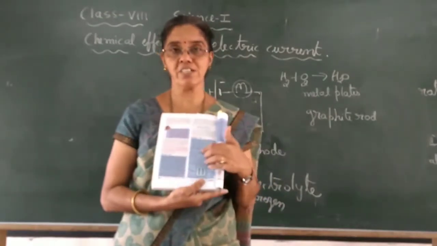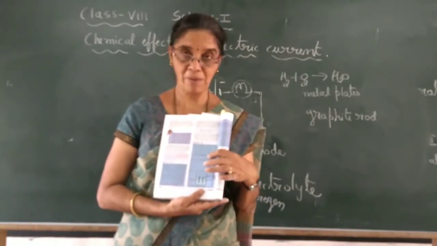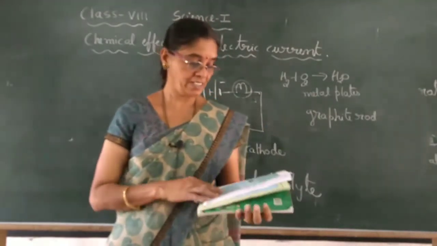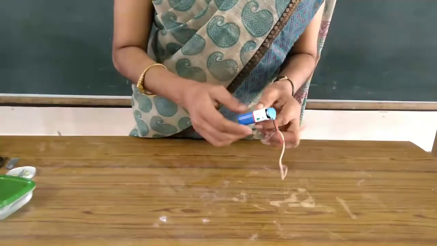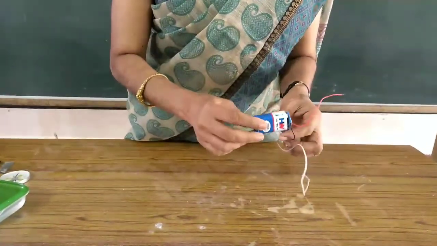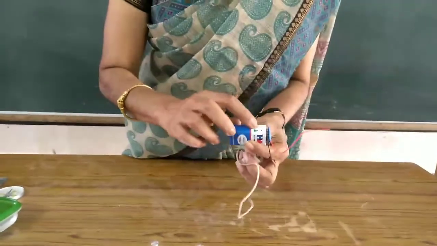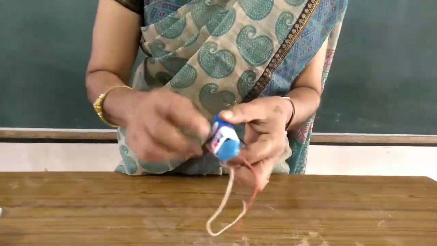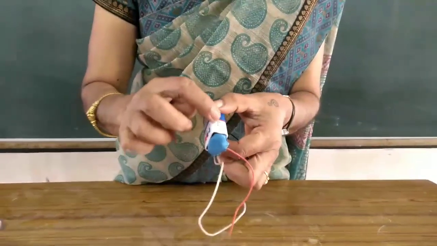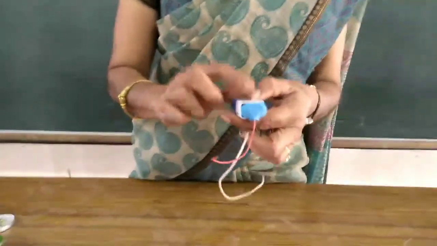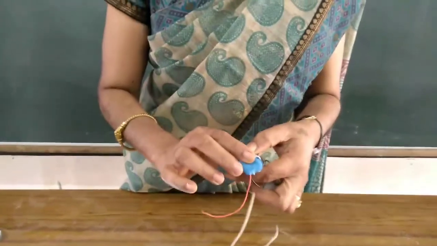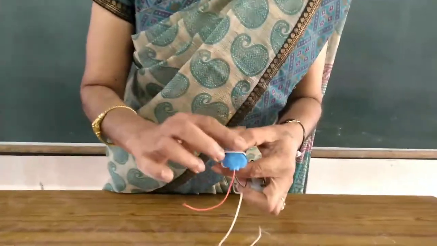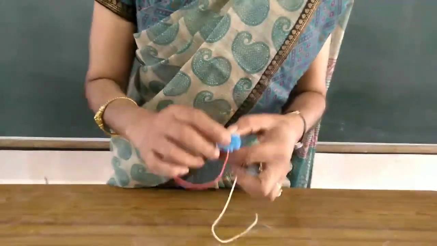They have given two cells. A collection of cells is called a battery. You can try that. Say this is the battery I have to use in the experiment, children. If you observe carefully, where plus is written, it is the positive terminal, and where minus is written, it is the negative terminal. Battery is nothing but a collection of cells. Two or more cells together are called a battery.